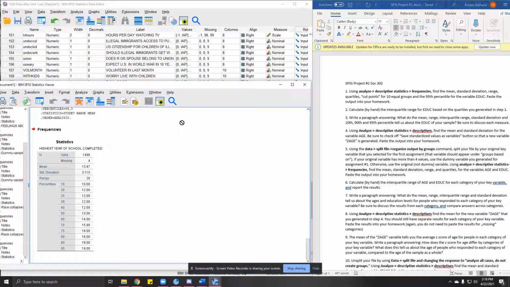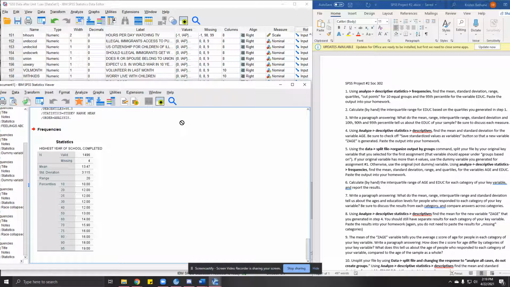But then our interquartile range might tell us that there are some big outliers. When we look at our interquartile range, if it shrinks significantly from 20 to something smaller, then we might start thinking, okay, we have some pretty crazy outliers, but there's really not that much variation. That might be the variation of some college versus a master's degree or something like that. Our range shrinks. So what does that mean in terms of education?